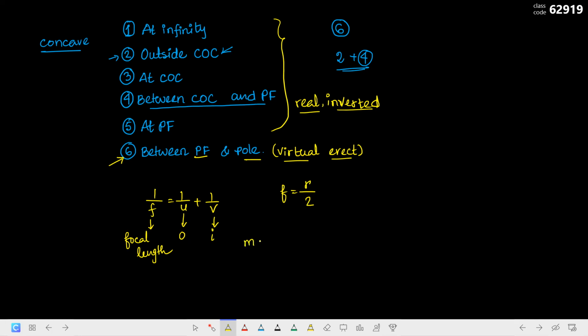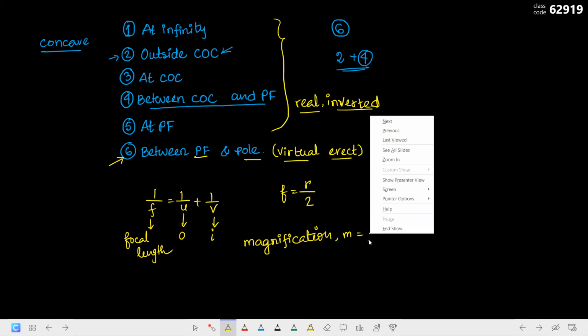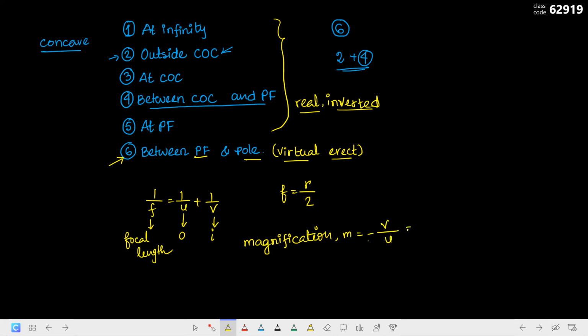আরেকটা যেটা লাগবে সেটা হচ্ছে ম্যাগনিফিকেশন, m is equal to মাইনাস v বাই u ইকুয়াল টু l প্রাইম বাই l। এখানে v হচ্ছে ডিস্টেন্স অফ ইমেজ, u হচ্ছে ডিস্টেন্স অফ অবজেক্ট, l প্রাইম হচ্ছে সাইজ বা হাইট অফ দ্য ইমেজ, আর l হচ্ছে হাইট অফ দ্য অবজেক্ট। এগুলো তো ডিটেলস তোমরা পড়ছো, জাস্ট একটু রিভিউ। এখানে কোনটা কখন পজিটিভ কখন নেগেটিভ সেগুলো আশা করি তোমরা জানো।